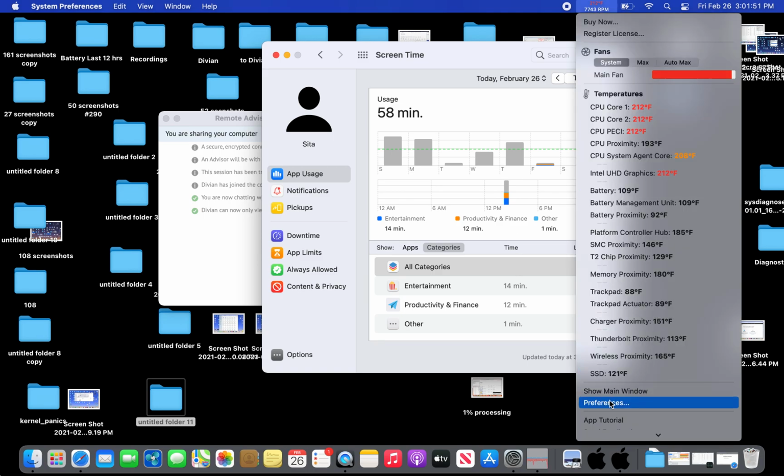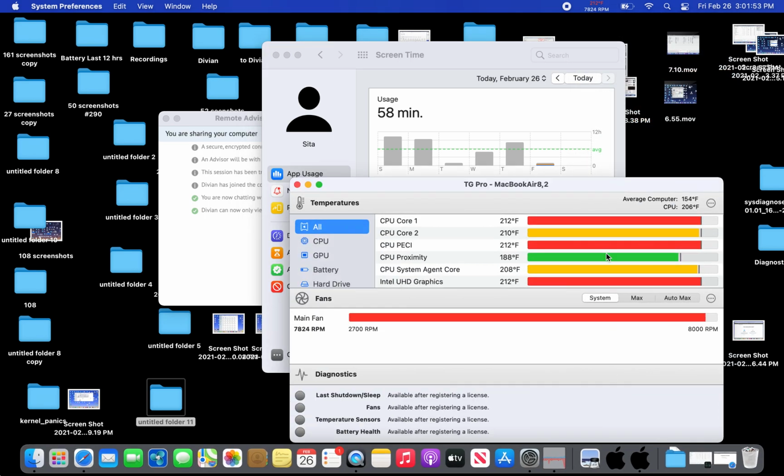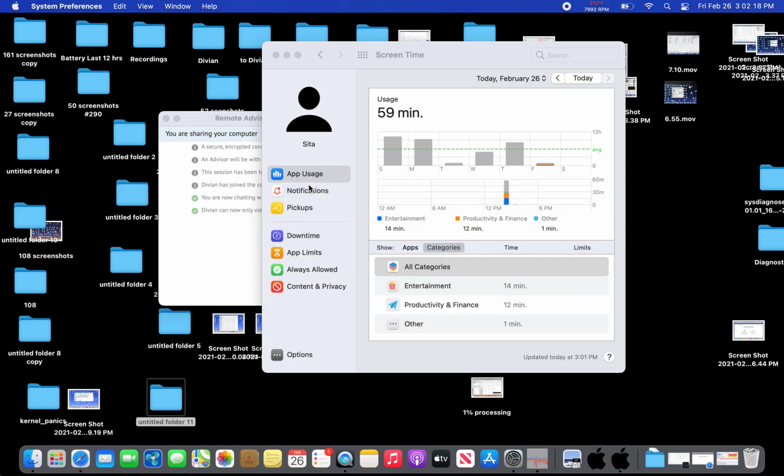All right. Because as we're talking now, the Mac is running at 212 degrees and 8,000 RPMs, right? Which is crazy hot. This is the max it'll go to. The app does not show temperature over 212, that's the max the app will go to, and 8,000 RPMs is the max. A computer should never run beyond that, but mine is always at 212 and 8,000 RPMs. So, what I want to